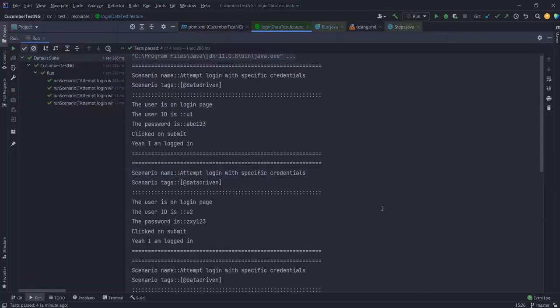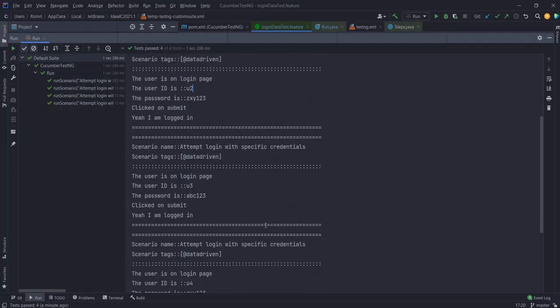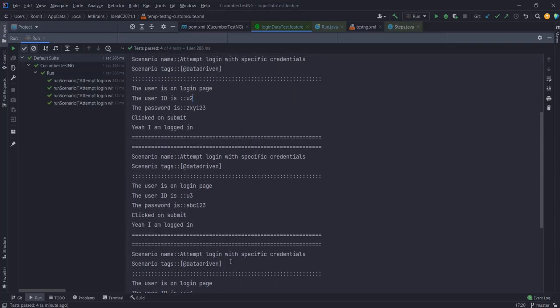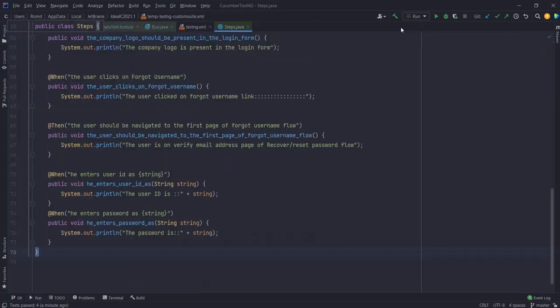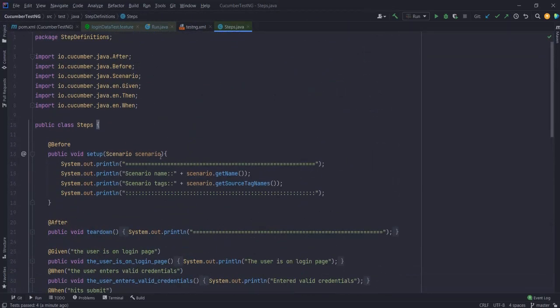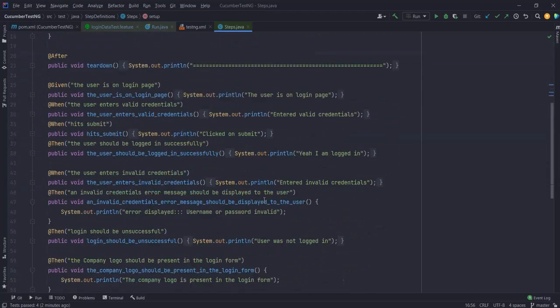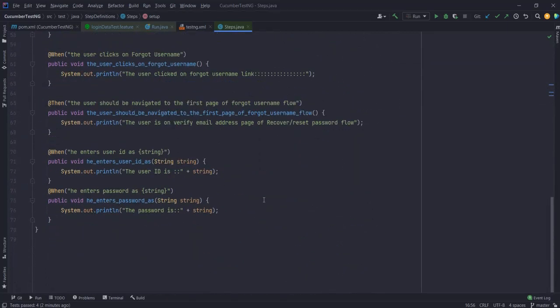Let's go back and have a closer look. And what else is there? Yeah, that's about it. And also, I've got my scenario name and scenario tag printed. This is because in my step definition, I have used the before hook, and over there I'm extracting the scenario object and using that to get the name of the scenario and get the scenario tags. There are other functions also available for the scenario object. You can have a look into them, and I would rather suggest that you do have a look into them and practice. Okay, so that was all, and see you in the next video.